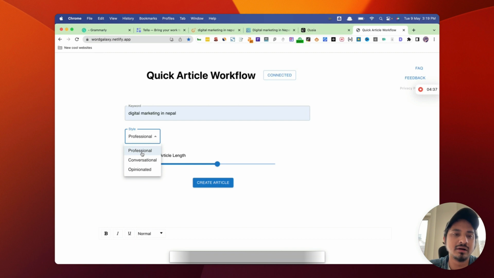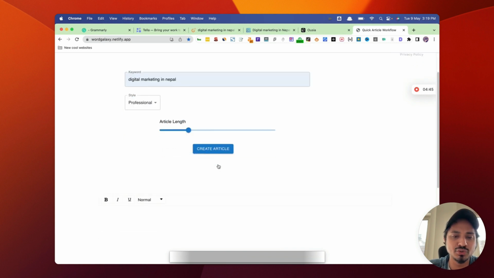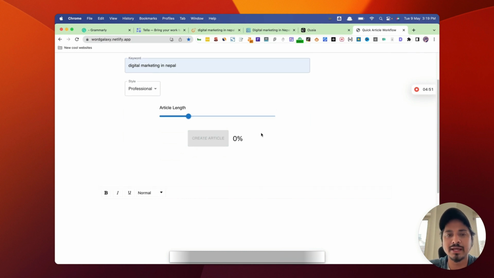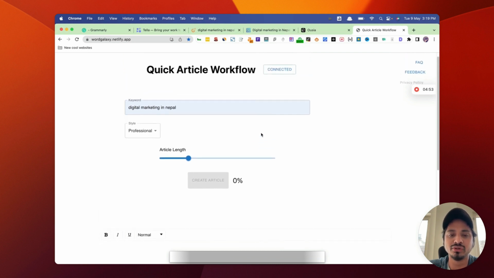So I wanted a professional tone here. Here you can throw in the article length. For this purpose I'm just putting a 2. Okay, so create an article. It will take some time to load, and once it is loaded you will be provided